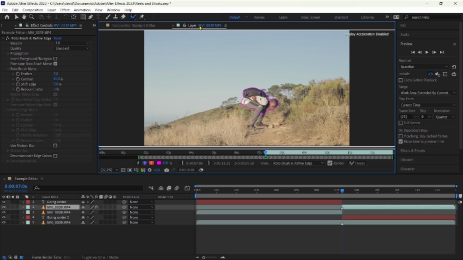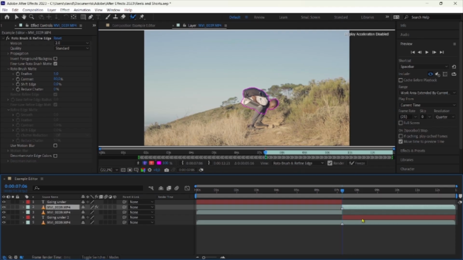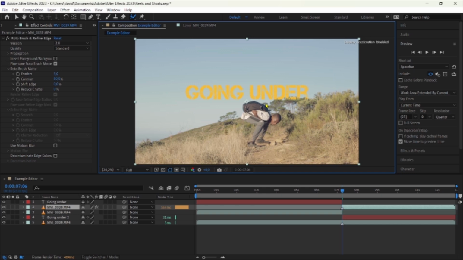So for quick reference, I showed you on the previous clip that the text was not appearing because the text layer is at the bottom, but now because we have done that selection, it does appear. But we're still not done.